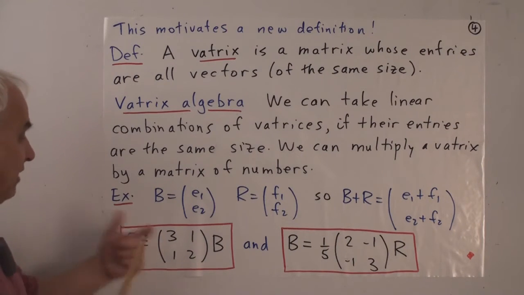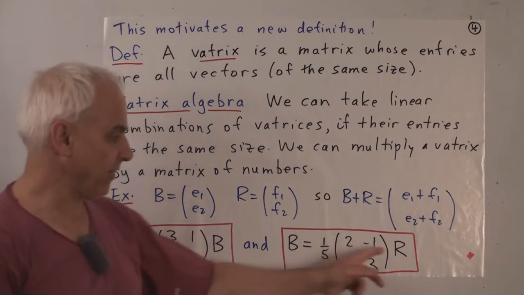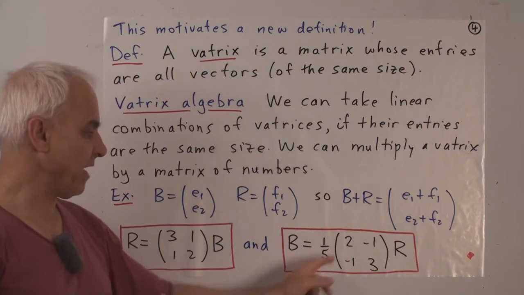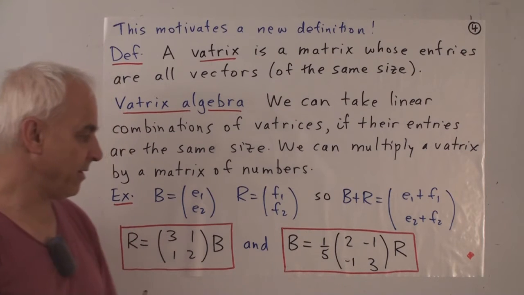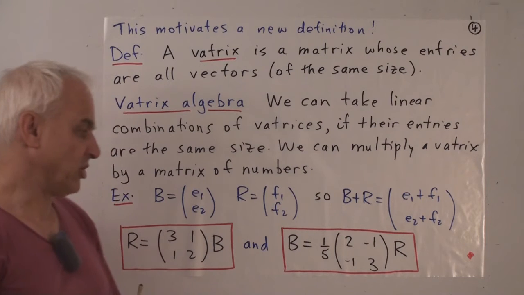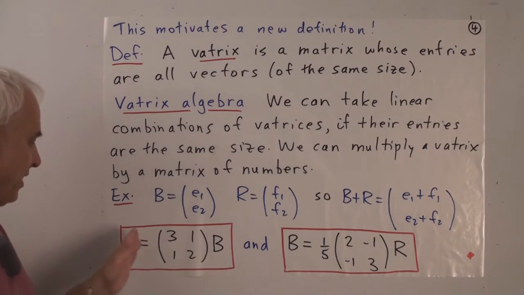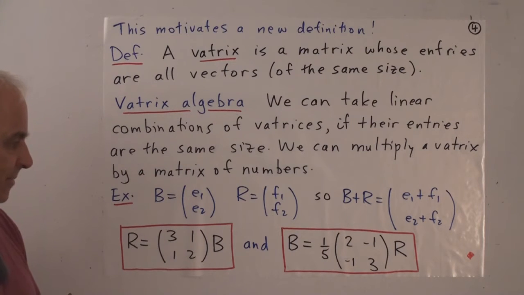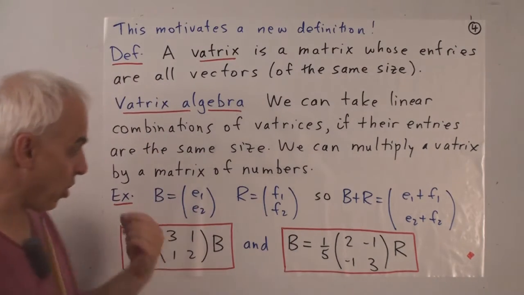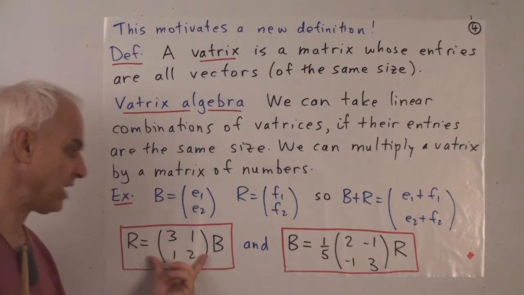If we wanted to invert that and express the matrix B in terms of the matrix R, we would get this. We'd have to use the inverse of this matrix, which is 1 over 5 times 2, minus 1, minus 1, 3. That would express the relation between Rachel's vectors over here and Bob's vectors over here. Here we had Bob's vectors on this side and Rachel's vectors on this side. The advantage in introducing these matrices is that it allows us to encode the relationship between two bases in a nice compact matrix form.